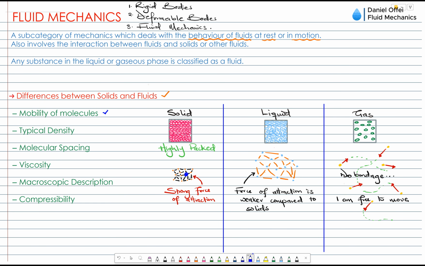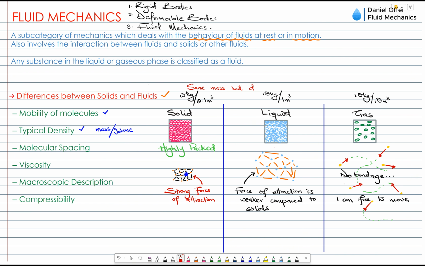Then let's look at the next difference, which is the density of solids compared to other fluids. Solids generally have a very high density, liquids follow, and gases have very, very low densities. Density is basically the mass over volume. That is the number of particles that are present in a particular volume. So for the same volume of solid, liquid, and gas, we'll have more particles packed in the solid compared to gas. An example is steel, which has a very high density, around